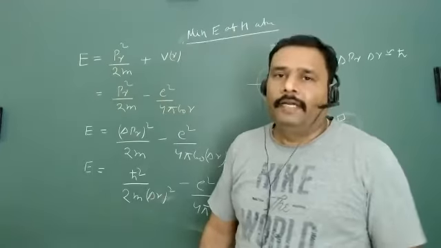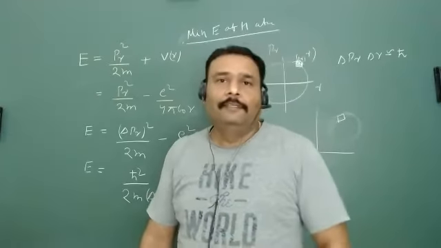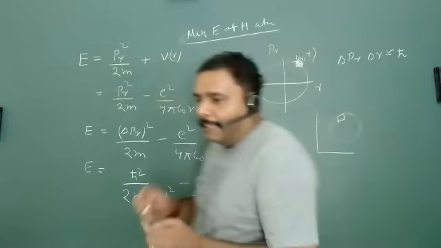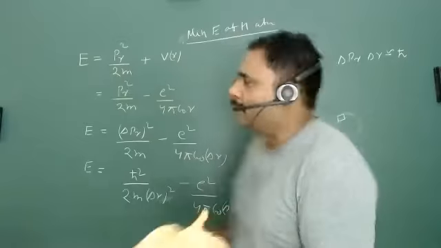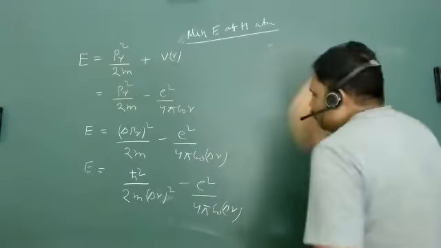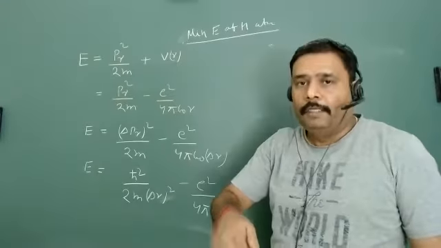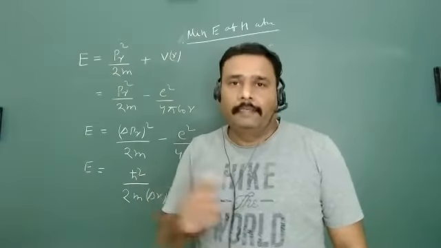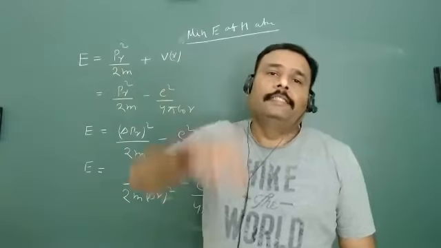Let's try to find it. What is that particular value of delta R? You will be surprised when we get the answer. So why am I doing this calculation here? Because you know the actual answer from another form. So let's calculate the value of delta R for which energy is minimum. Please mind it, we can take delta R any value, but we want to know for which value of delta R energy is minimum.